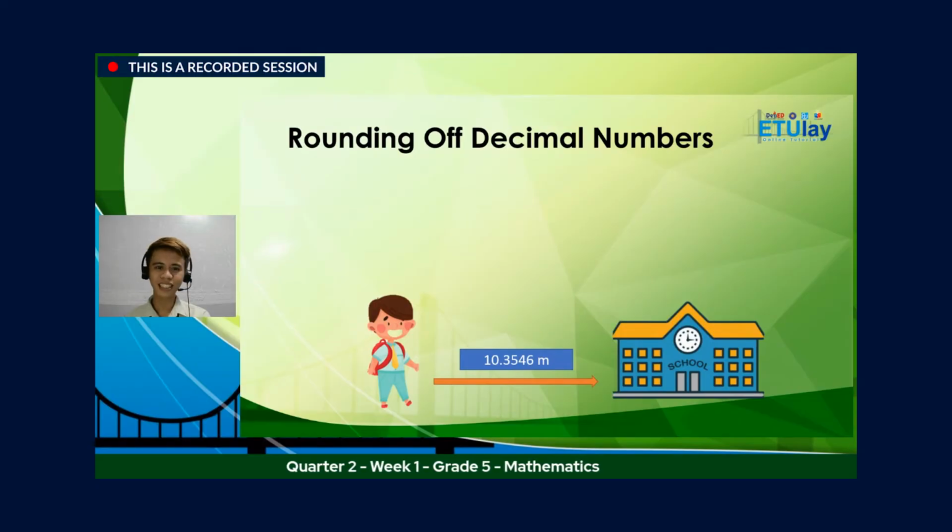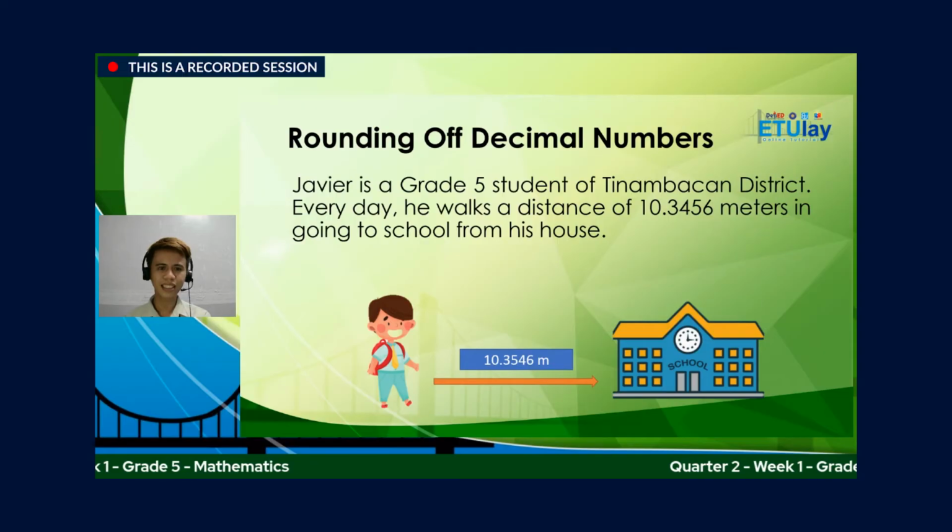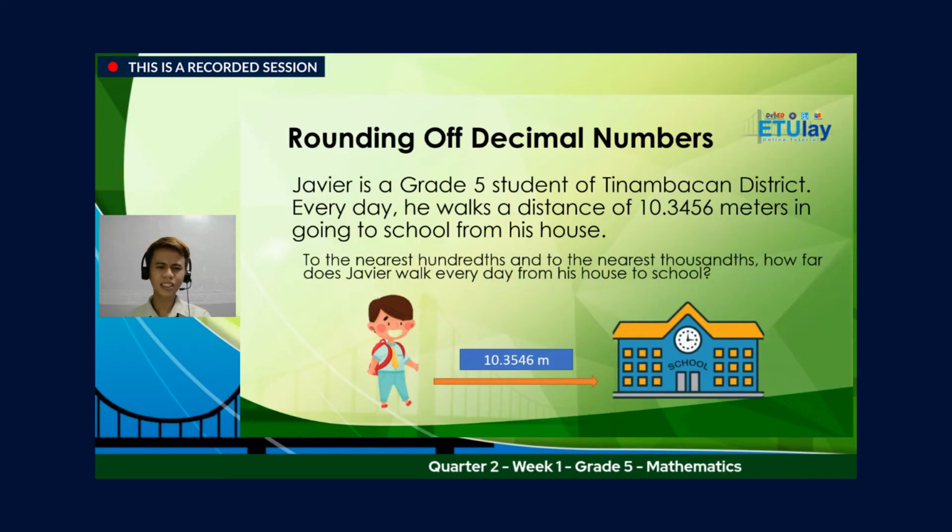Ngayon naman, rounding off decimal numbers. With this situation, Javier is a grade 5 student of Tinambacan District. Every day, he walks a distance of 10 and 3,456 10,000 meters in going to school from his house. To the nearest hundreds and to the nearest thousands, how far does Javier walk every day from his house to school? So the problem situation above calls for rounding off the decimal to the nearest hundreds and to the nearest